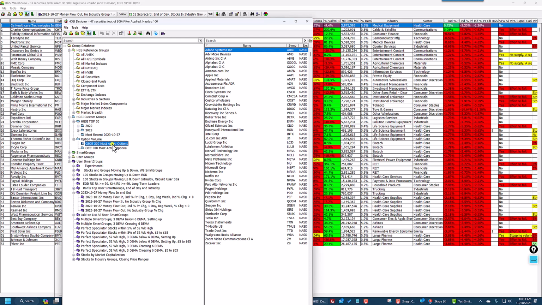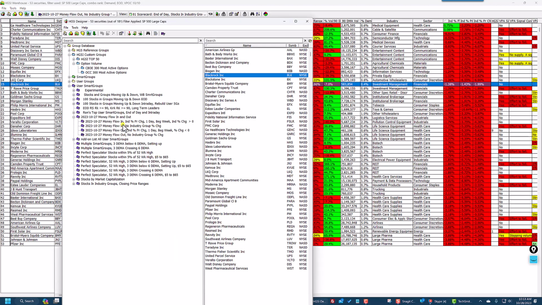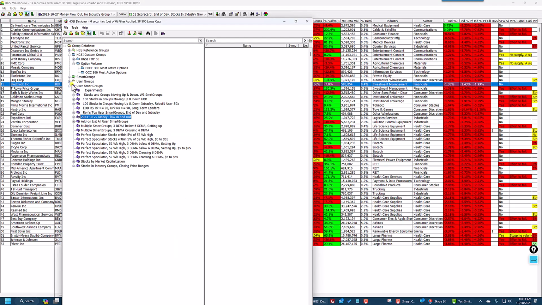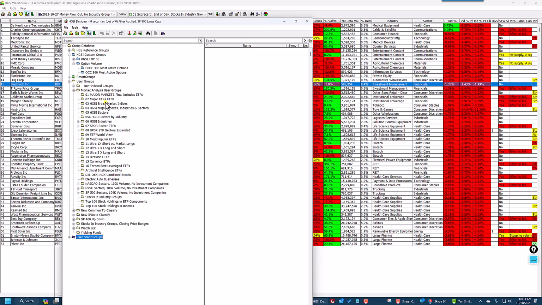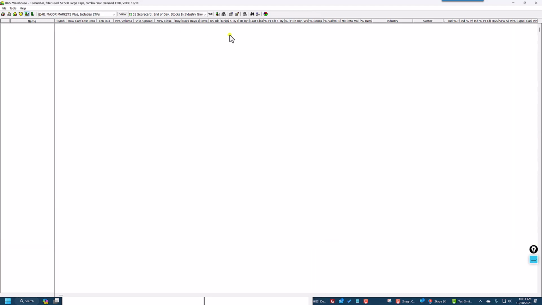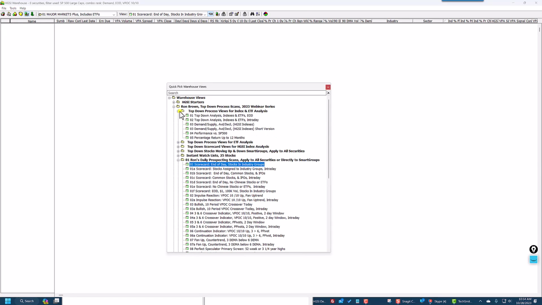Now, I may expand upon this next week, but I just want to show you what you can do with these filters. Now, let's really get into some market analysis quickly. I don't want to spend a lot of time on this. I'm going to go into my market analysis user groups. I'll go to the major markets. I'll click on that. Then I'll go up to the top-down process views,